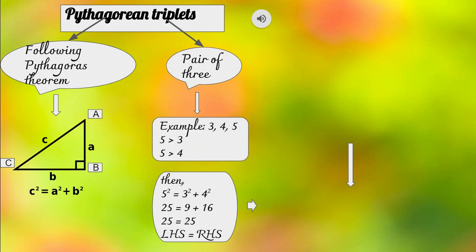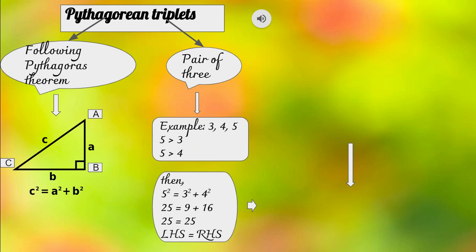The hypotenuse is the side exactly opposite the right angle, or the longest side. Then, as per the Pythagoras theorem, the square of the hypotenuse is equal to